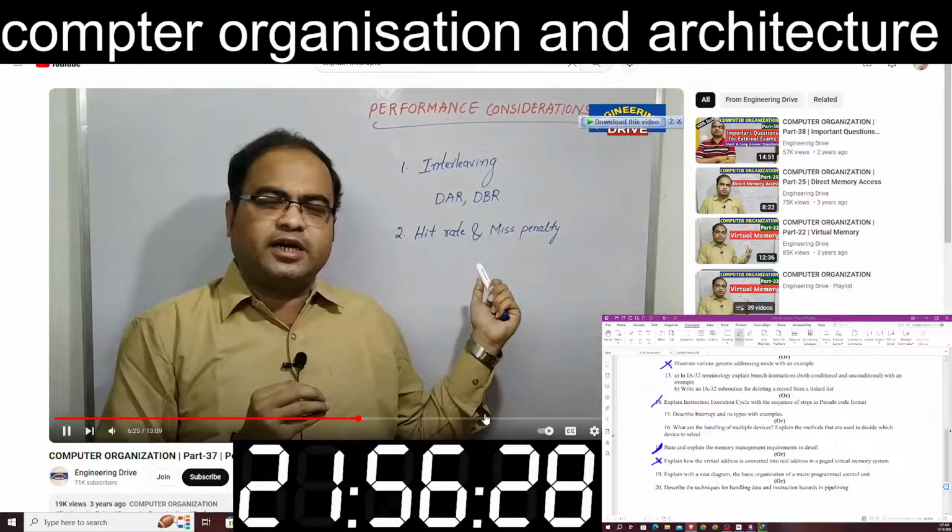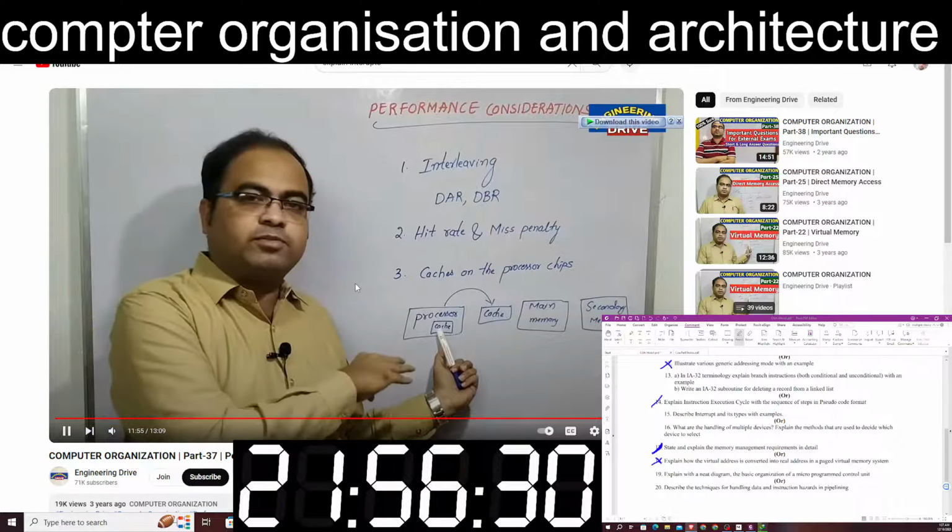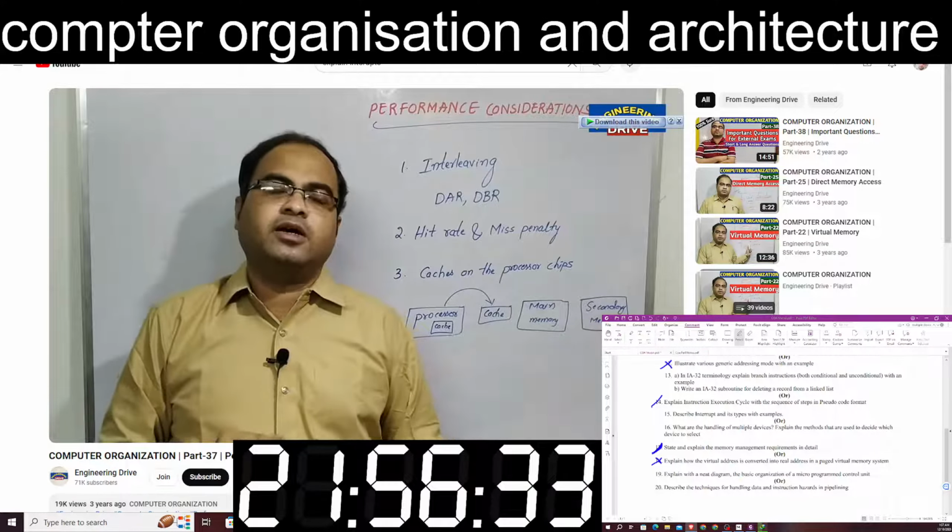What is the meaning of access the data? Computer is having directly will take it from the cache memory itself. That is the big